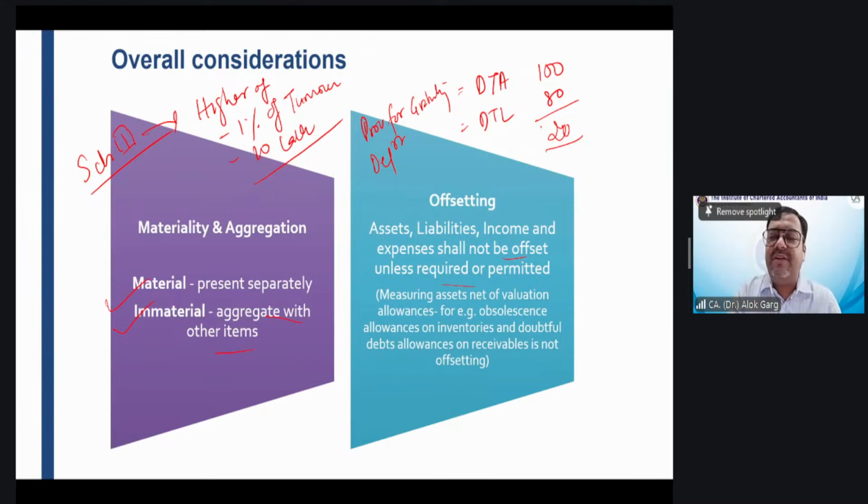On the balance sheet date, the company has a trade receivable of 1000 rupees and a trade payable of 800 rupees. Tell me whether this transaction can be offset, or whether debtors and creditors have to be shown separately on the balance sheet with respect to this transaction.